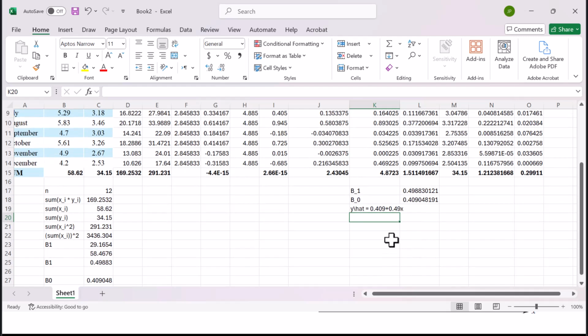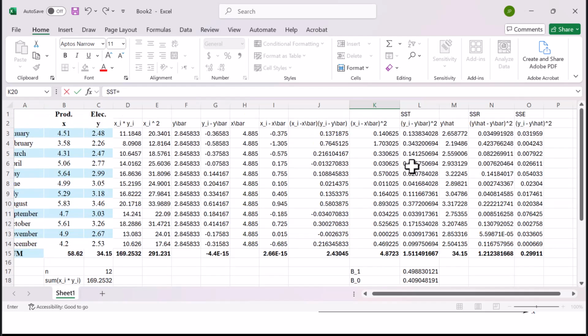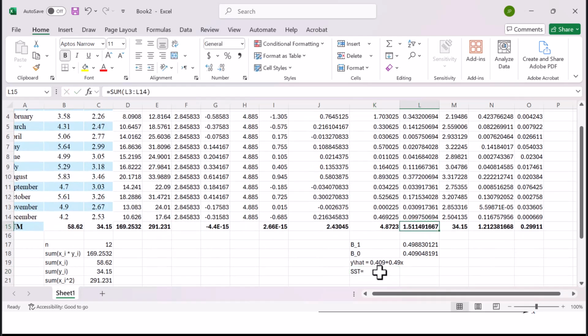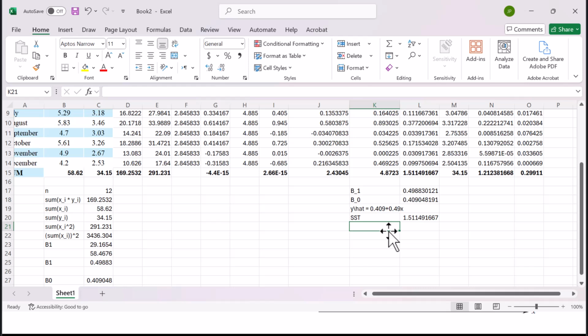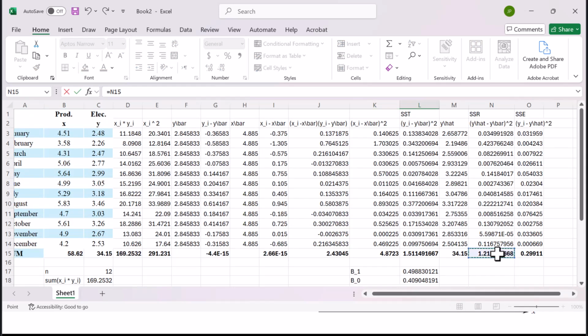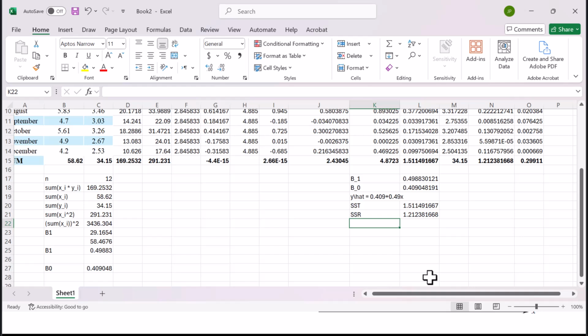Then we found our SST. SST is equal to this one. Then SSR is equal to this one. And then SSE is equal to SST minus SSR, right? So SST minus SSR is the same as what we found here. It's been correct. Now R square